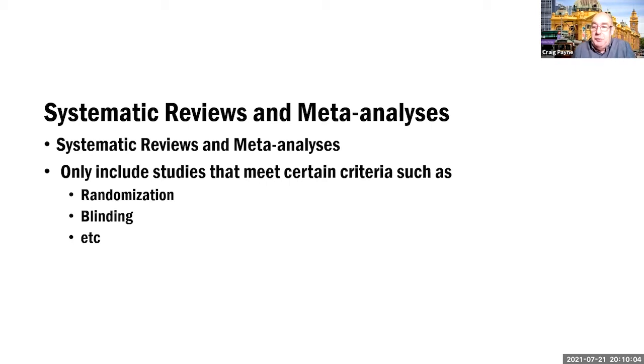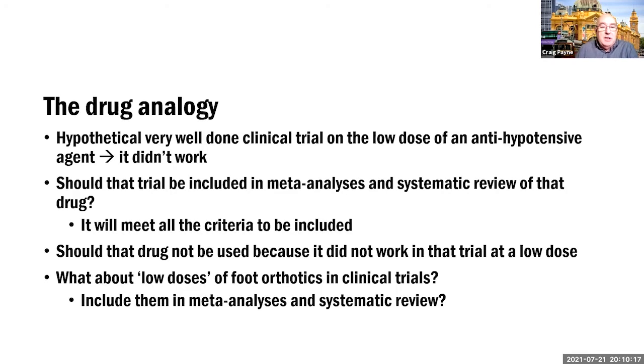Now, before a study gets included in these reviews, it has to meet certain criteria. The randomization has to be done properly. The assessments have to be blinded, all those kinds of criteria, which I'm sure you're familiar with. Now, when it comes to drug trials,